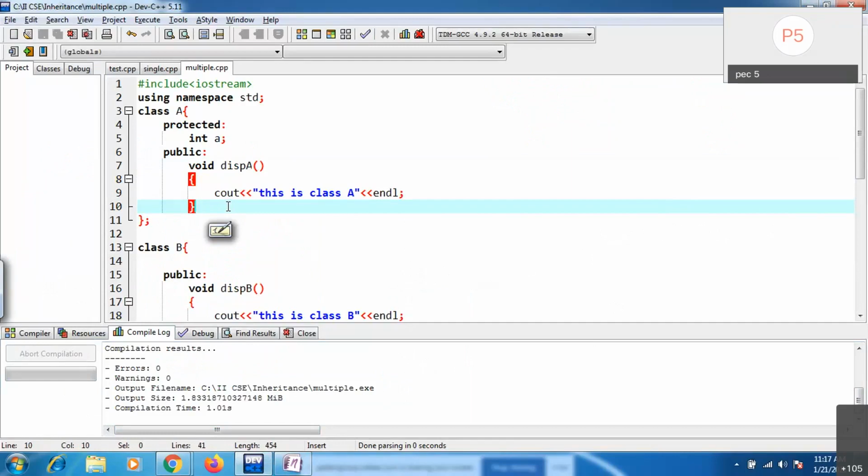If I create one object for a particular class, by default the default constructor is called. Whenever you create an object, constructors are called. If I create an object for class B, which class constructor is called first, the base class or the subclass?